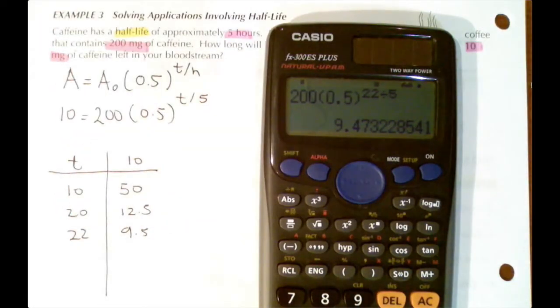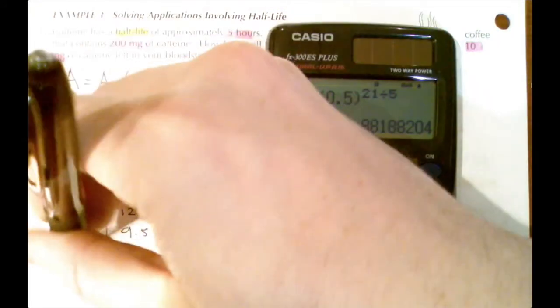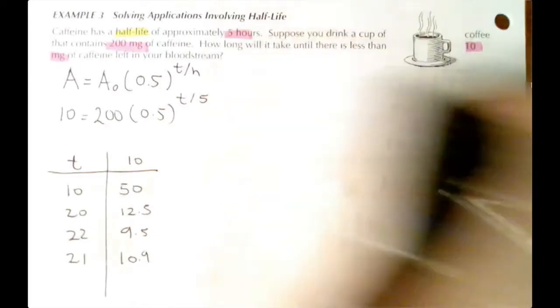So it's definitely not 22. We'll just say less than 10. We want to be less than 10 milligrams. That is less than 10. Let's try 21 and see if that's any better. 21 gives us more than 10. Okay, 10.9. So that means, therefore,